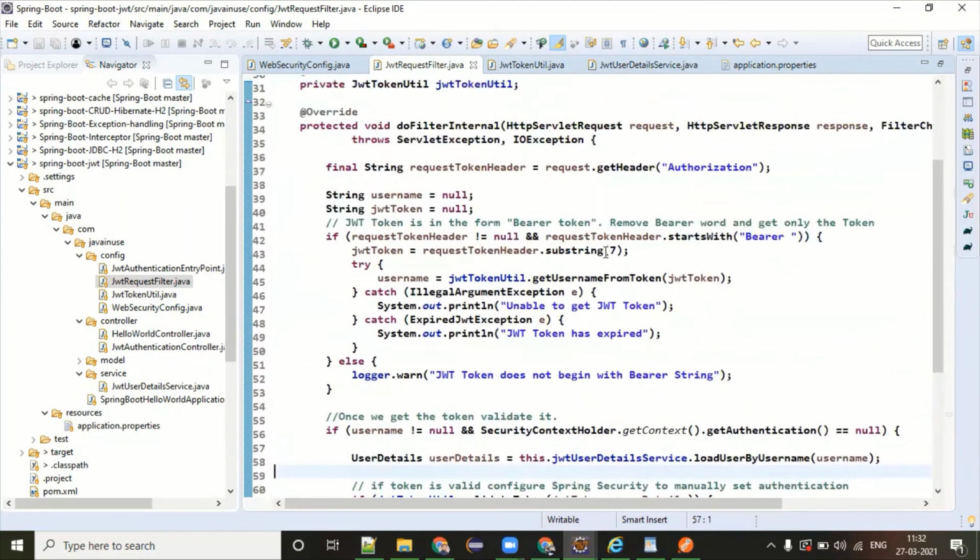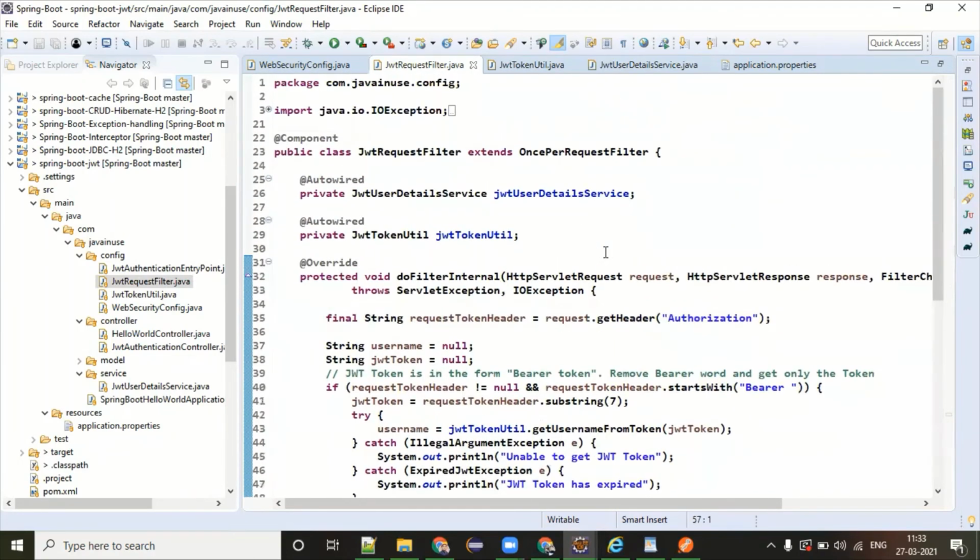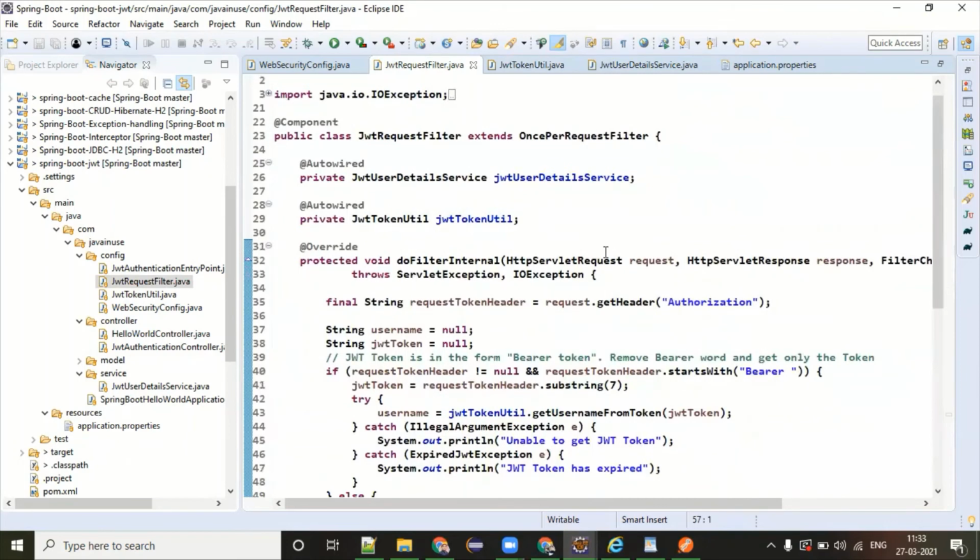Okay, now let me bring you back again to the flow. Whenever you make a first request, very first request, this doFilterInternal is going to be called.